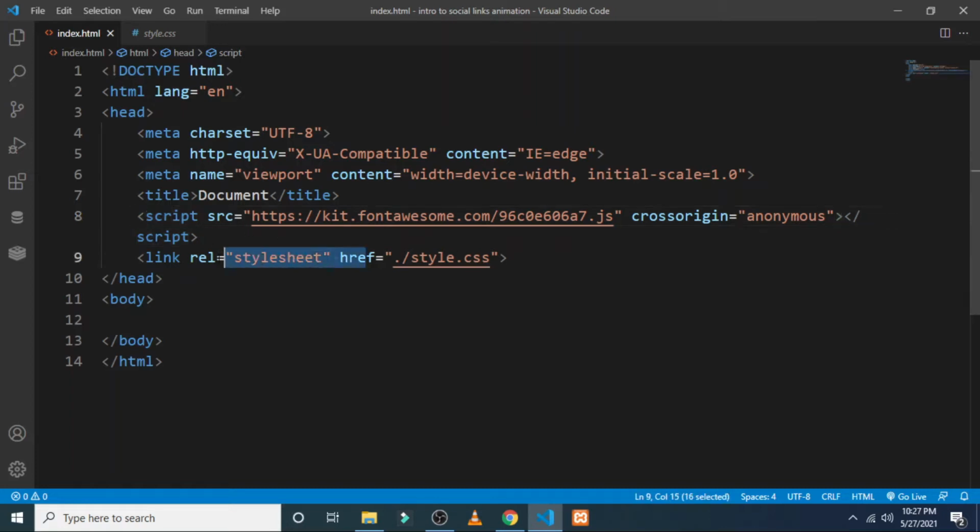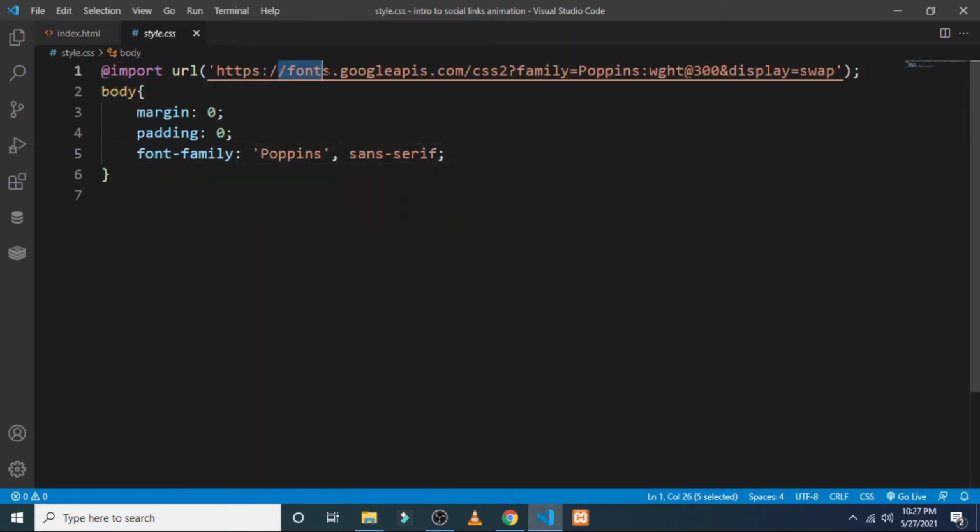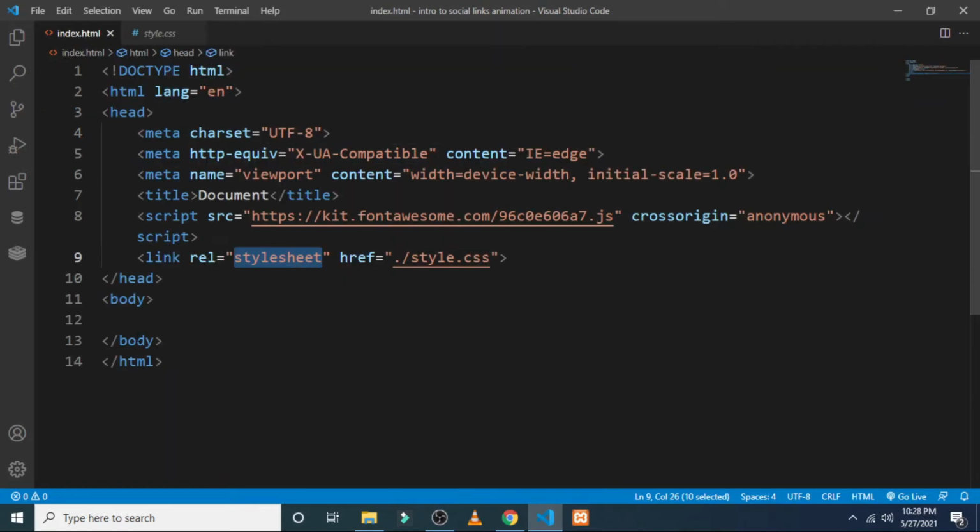Here I have linked the CSS file to our markup. Here you can see that I have imported Google fonts, and it depends upon your choice. If you want to put it, you can. There is a basic styling in the body where the margin is 0, padding is 0, and the font family is Poppins.